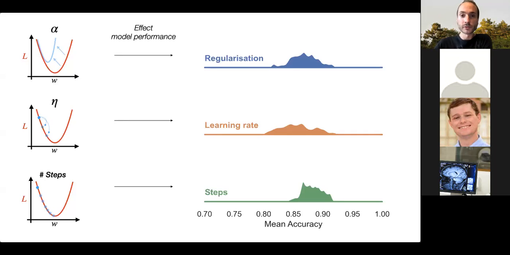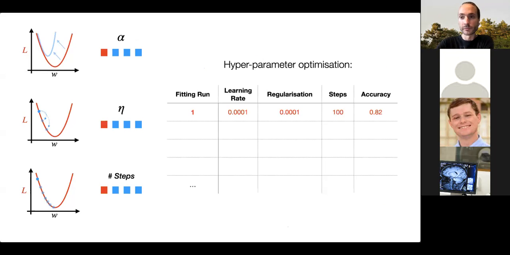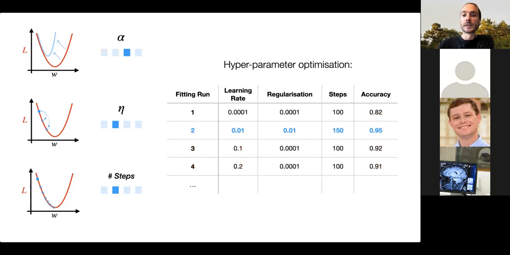So what people usually do in order to fit these hyperparameters in their pipeline is they perform some sort of hyperparameter optimization. This basically means nothing else than testing different combinations of hyperparameters and then choosing the one that performs best in your data set. And these are the hyperparameters that people then often report and use for their models. And it's important to be aware that while this is a good and important process of optimizing your model,